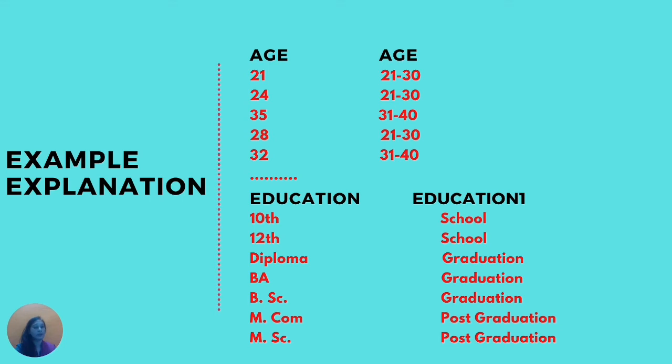Now the question comes, which one should we use. The suggestive one is recode into the different variable. This way we will not disturb our original variable and we will create the new one. It will help us in the future also, because if I want to extend my research and create new objectives and new hypotheses, with the help of the original variable we can create the new one, and also we can use the original one according to our objectives and hypotheses. That is why we generally opt for recode into the different variable.